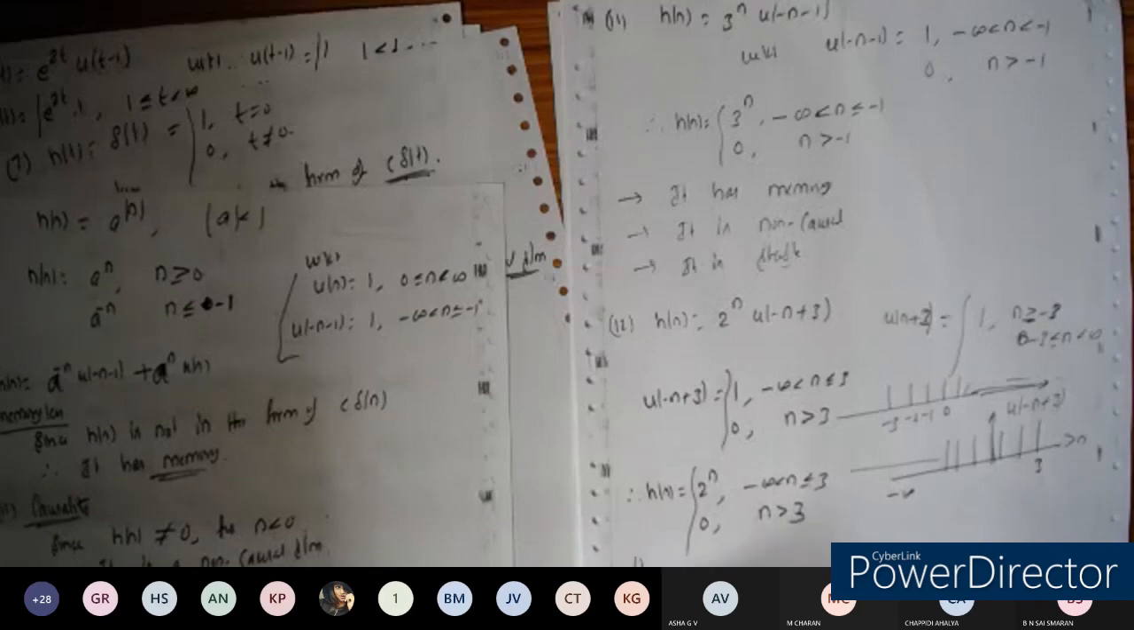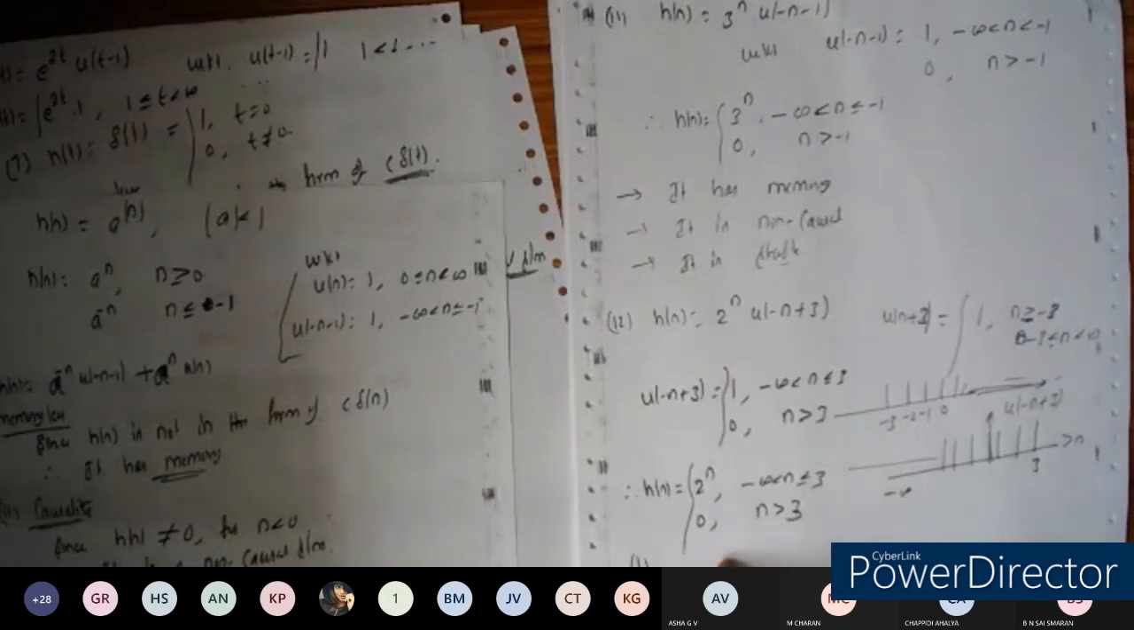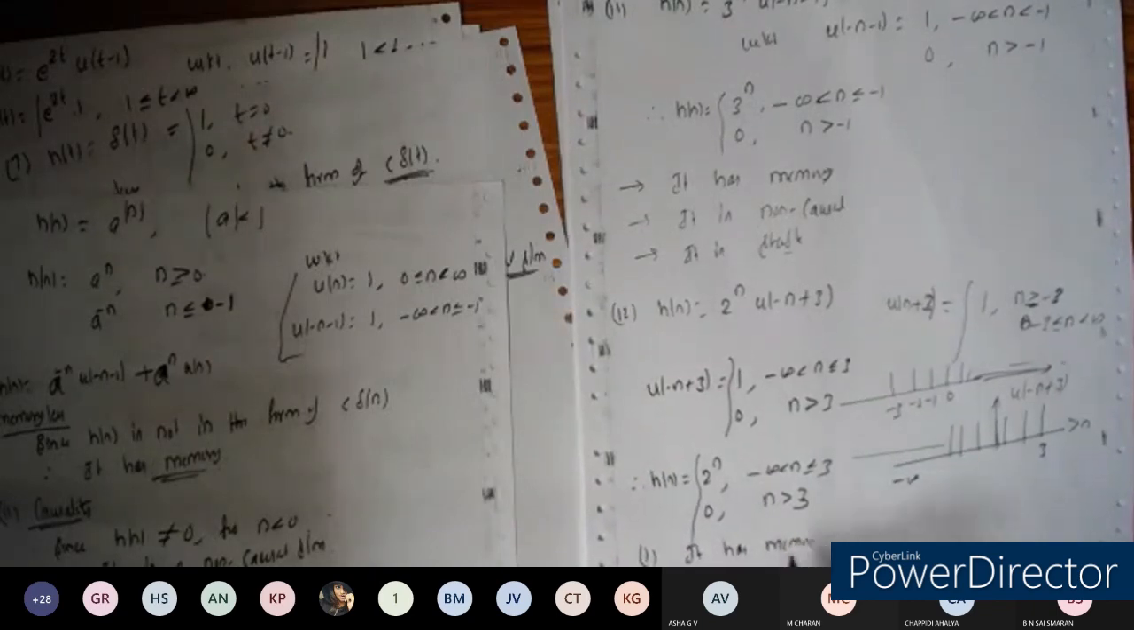For this one, can you tell me, let us say memory, does it have memory or is it memoryless? No answer? Memory. Yeah, very good. So it has memory. Why? Because it is not in the